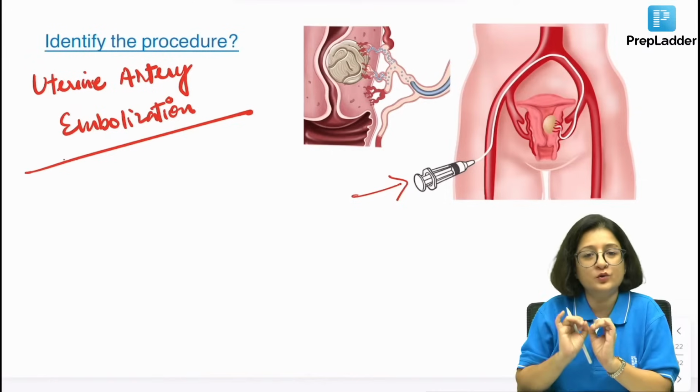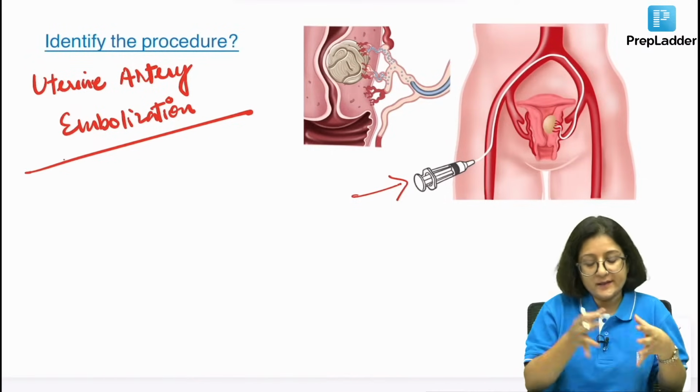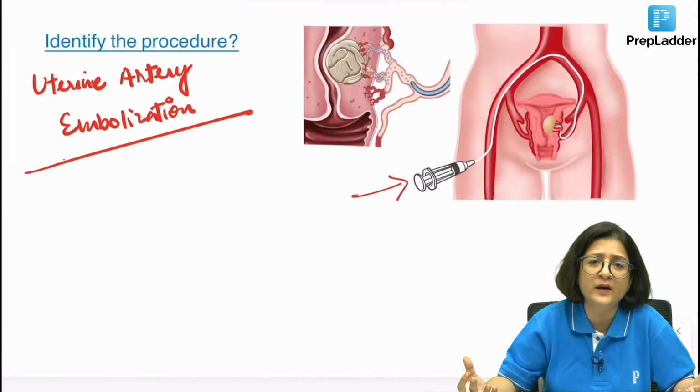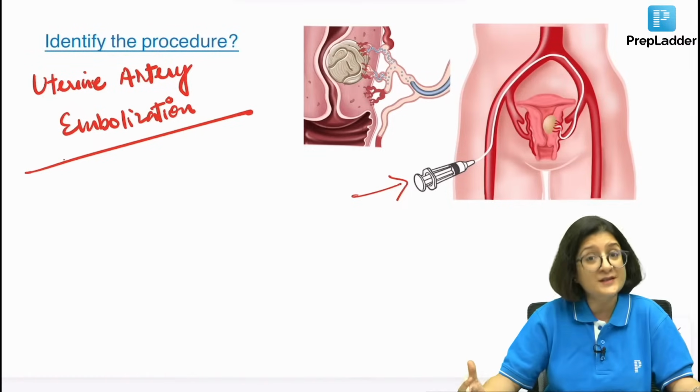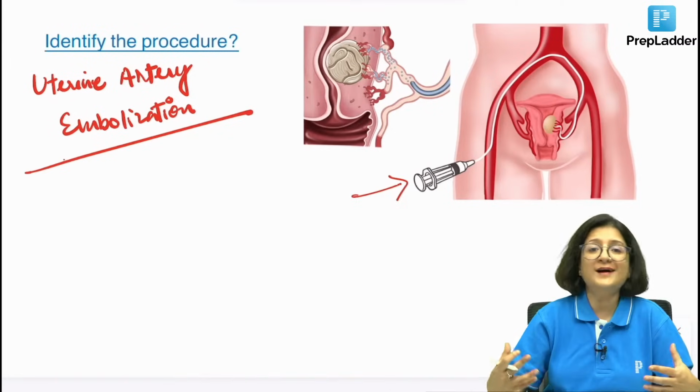Tie it up to decrease the blood supply to the uterus. Technically you're doing the same thing, but now you're avoiding a surgery. That's what you're doing, right? Isn't it? You're avoiding a surgery. So when the emergency is there, when the patient is hemodynamically unstable, you can't really rely